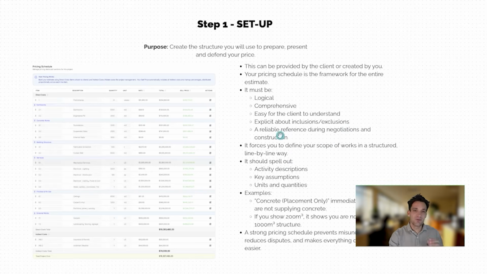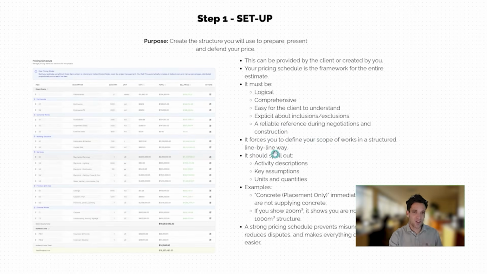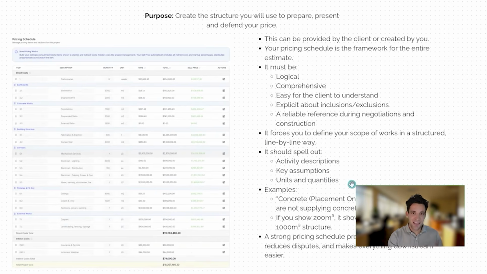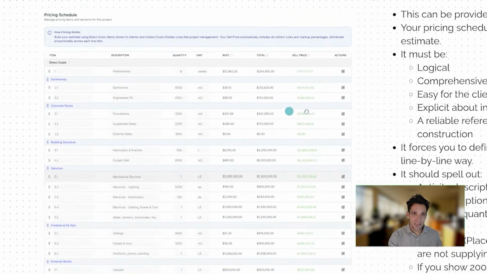Because at the end of the day, when we submit this quote, this is going to be a reliable reference during negotiations and construction. If we get into a dispute about what's in or out of scope, we're going to go back to the pricing schedule and we're going to show them how we presented our price. Now, it might contradict the scope of works, but again, if our pricing schedule is explicitly stating all this stuff, it's harder for them to push back against us. The pricing schedule should explicitly spell out all of our key activity descriptions, any key assumptions, and the units and quantities